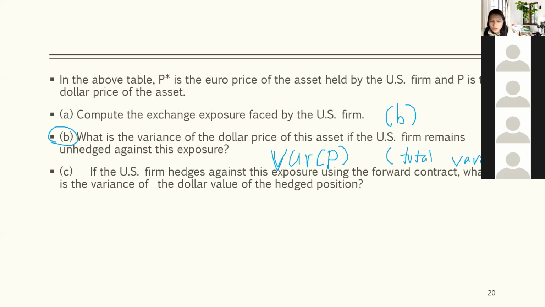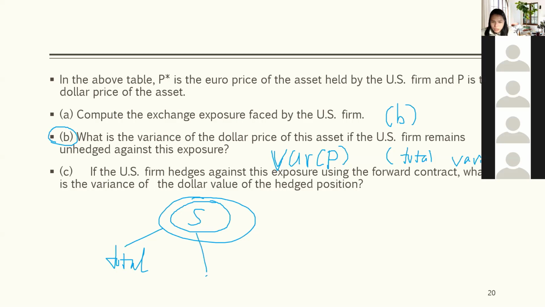Question C: if the US firm hedges against this exposure using the forward contract, what is the variance of the dollar value of the hedge position? So if you choose to hedge this exposure completely using the forward contract, this is the total variance, and this is the variance attributable to exchange rate movement. So total, and then exchange rate variance. If you choose to hedge your exchange rate risk, that means you basically eliminate the variance that is due to exchange rate risk. So you eliminate this part from the total variance,